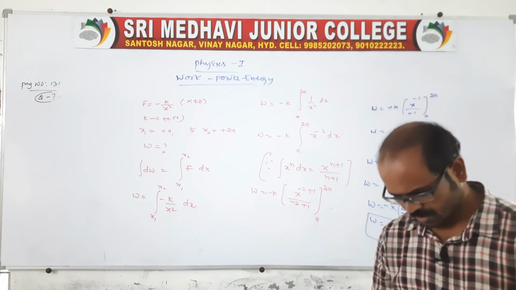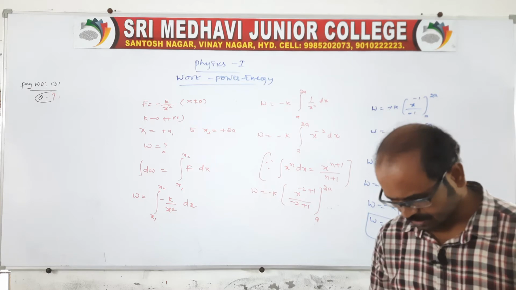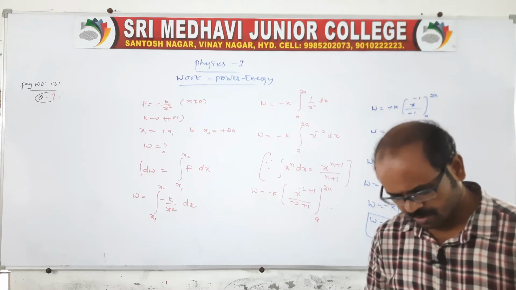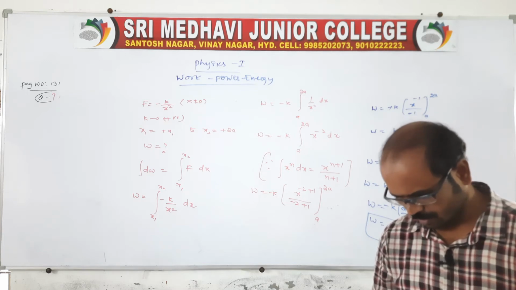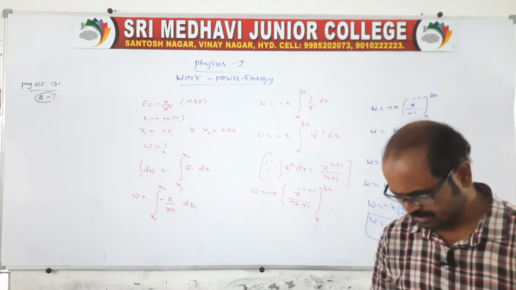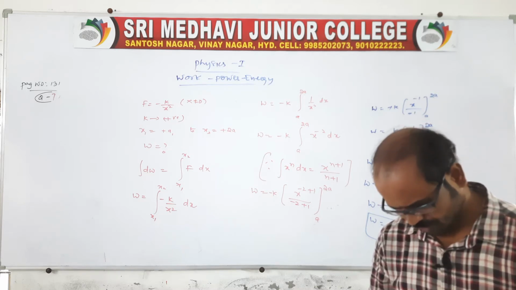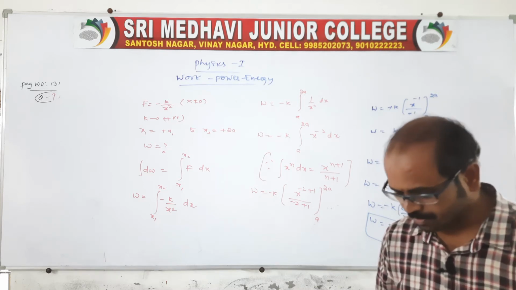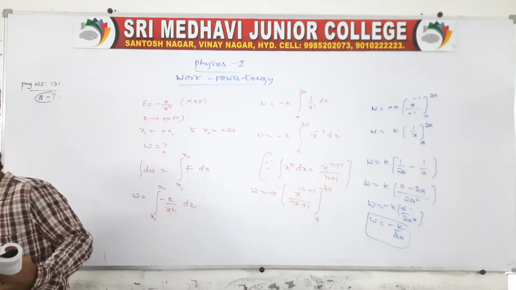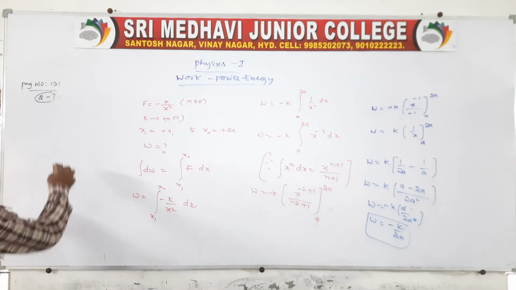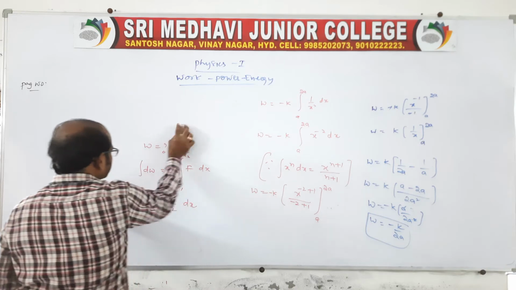Right, see, another question is given in the additional problems, because it is important for the examination, but unfortunately that question was given in the additionals. So no problem, we will do that problem also, because this question is important for the IPE examination. The page number is 135. Question number, page number 135. It is also related to the work done only.